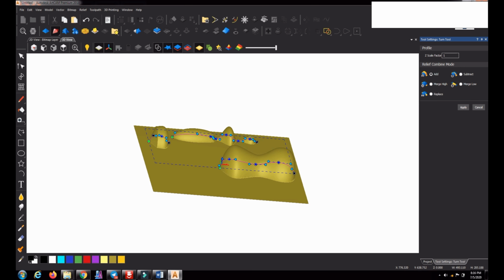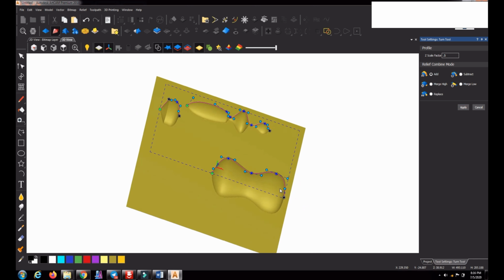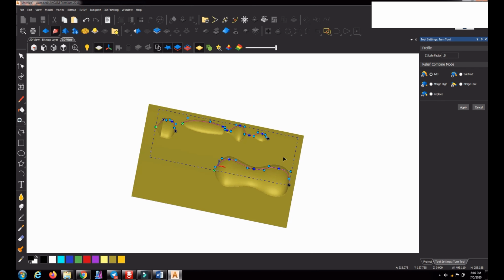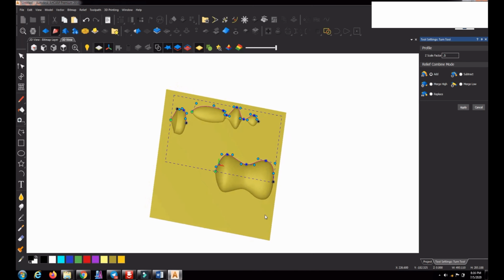So this is the scale vector, z factor, scale factor. In that one you can change it. If you make it double, the height will be double. If you make it 0.5, the height will be half. Like that you can change the height; it depends on the actual height, and how much factor we give, that much it will be reduced or increased. That way you can control the